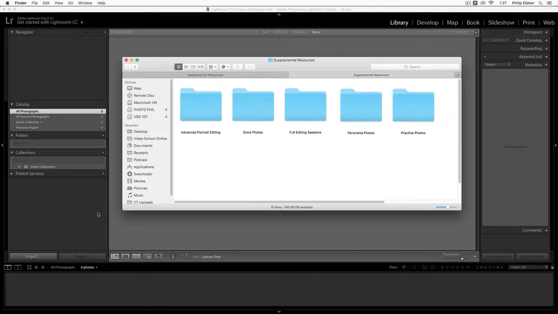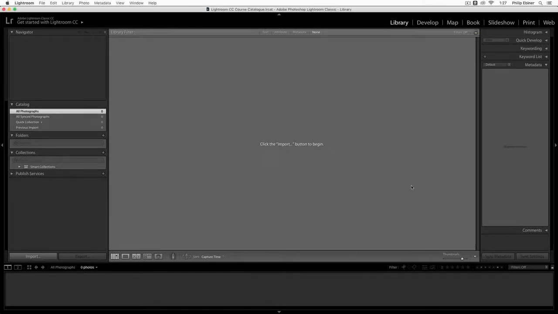Okay, so let's get into Lightroom, and it's pretty easy. If you open up Lightroom for the first time, you should see something like this. Up at the top, you have your library. You have your other tabs, which are the different workrooms and spaces that you're going to be able to edit photos in, do things like maps and books and slideshows that we'll talk about later in this course. Up at the top left, you have your file menu. And then around here, you have all kinds of different things that you don't necessarily know what you're working with yet, but we're going to be covering this in the next lessons.